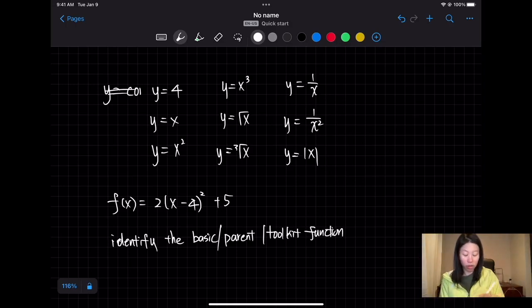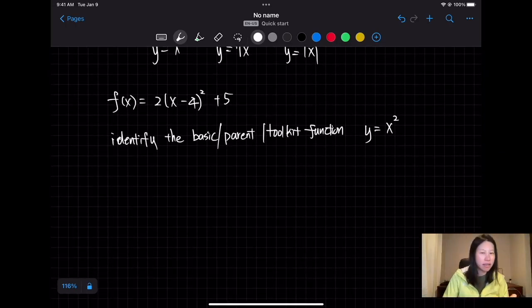In this case, you see a square. Well, then you know that most likely the function comes from y equals x squared, right? And then the next step is you take a look at, you have times 2, you minus 4, and then you plus 5. You know the function starts with x squared, and then